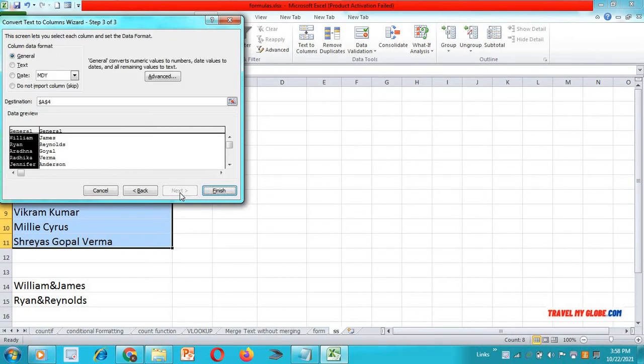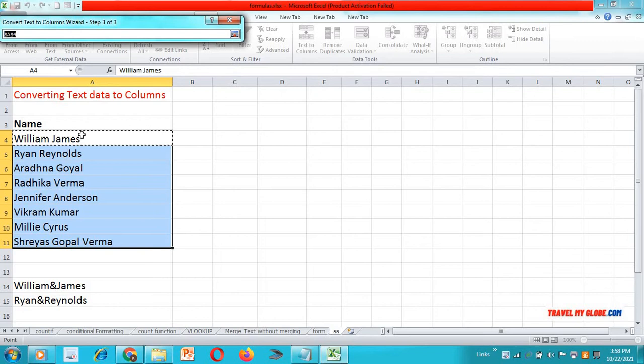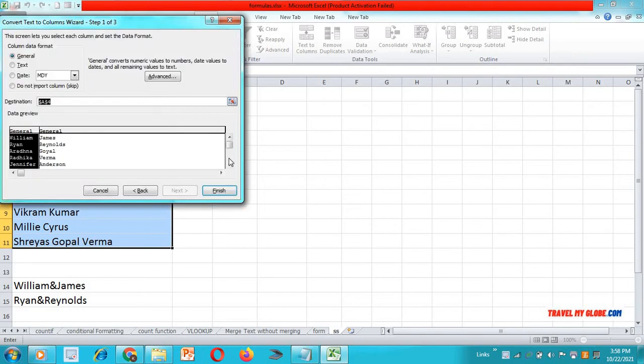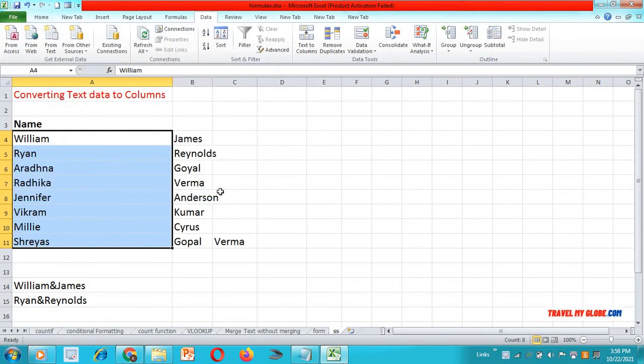Now go to the next option and give the cell where you want your destination data. Suppose we want our data in the original column. So just select it or give its range, the first cell, then OK, then Finish.